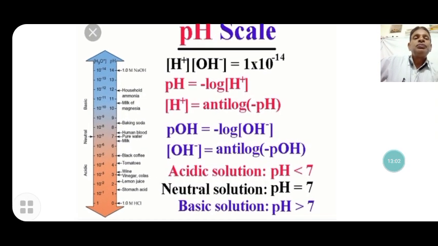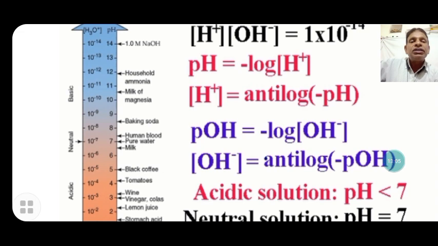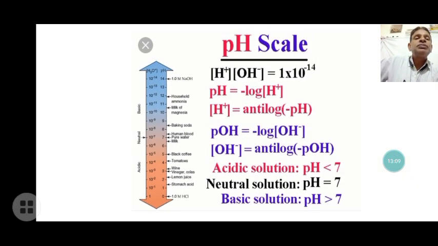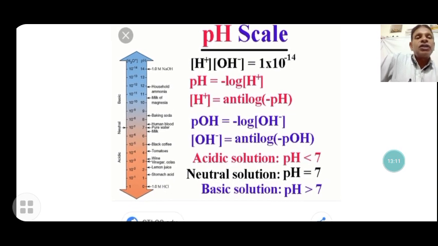Now pH of a scale may be written also like that. Here, given the measuring of a substance like that, pH. Here the concentration of hydrogen ion and concentration of hydroxide must be equal to 10 to the power minus 14. It is the ionic product of water. The pH is equal to negative logarithm of hydrogen ion concentration. H is equal to anti-log of pH here. And pOH is equal to minus log OH ion. And OH is the anti-log of pOH.